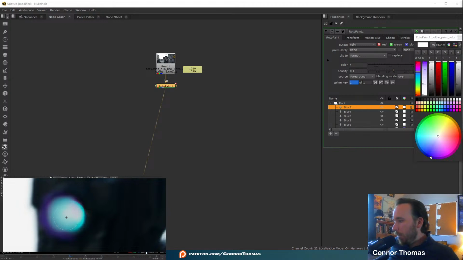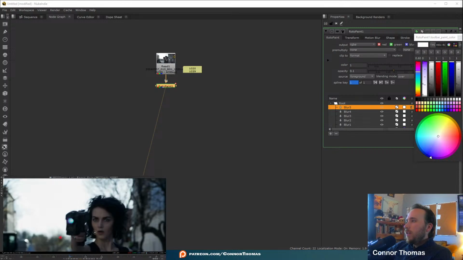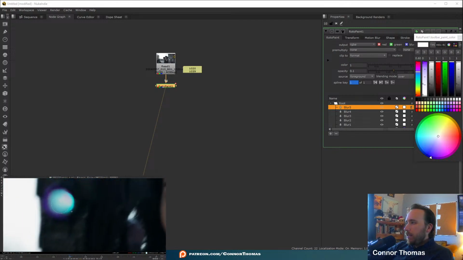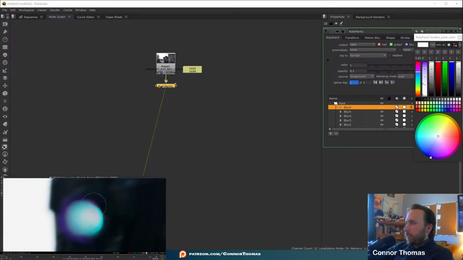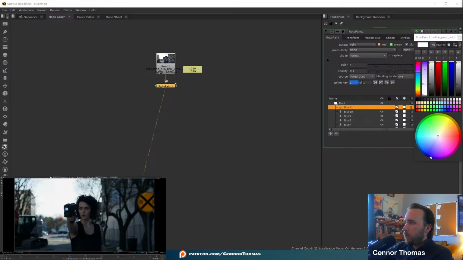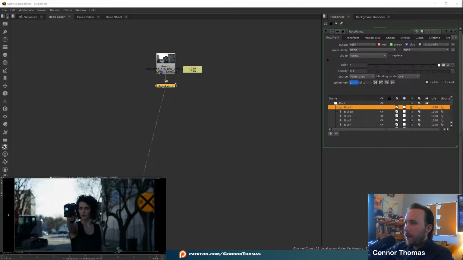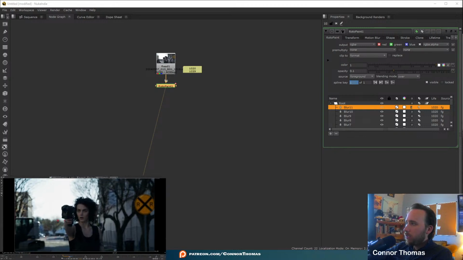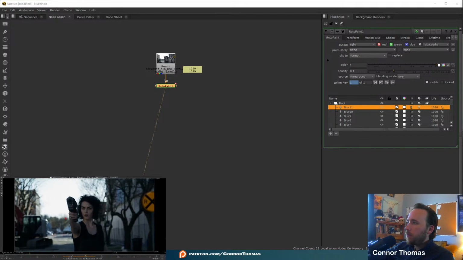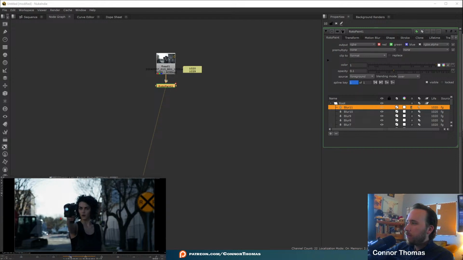So a lot of this paintwork is just really kind of like, I understand hand painting is not as ideal as an automated answer, but sometimes just being a little bit more creative with your painting here can get you a pretty cool looking shot. Look at this. So now this comes on frame 20, and this is going to just be the leading up kind of effect before it